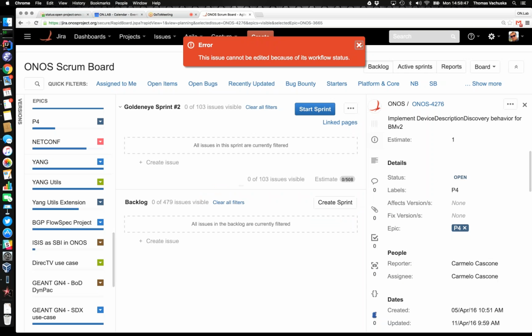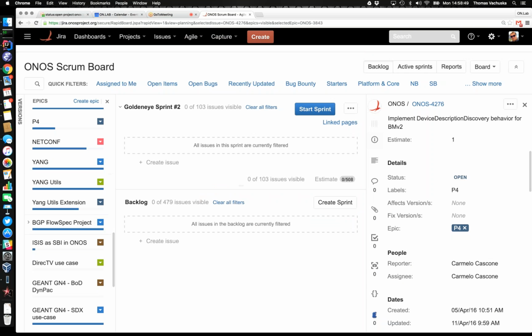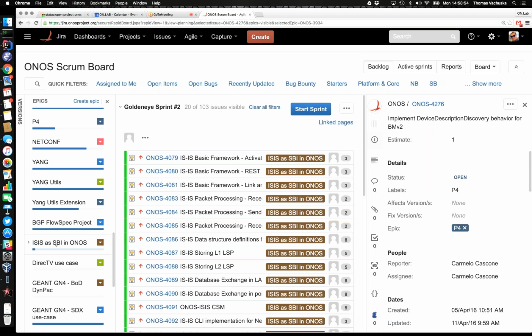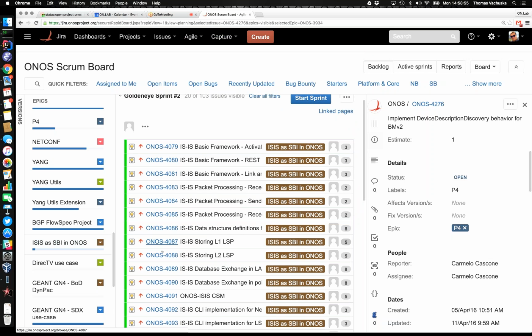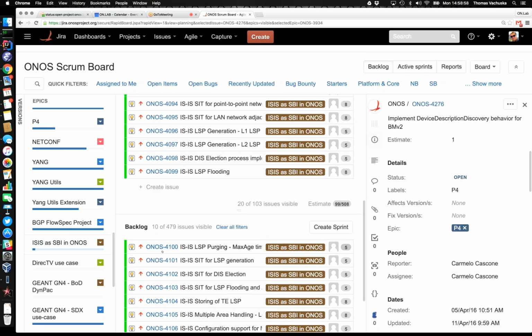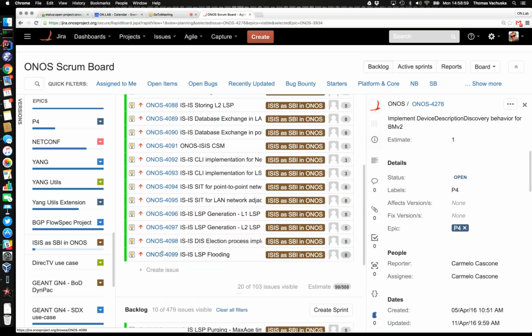Yeah, I'll deal with that later. Okay, nothing on BGP flow spec. Okay, this is the one on mine. Okay, there's a lot of points here. I presume this is